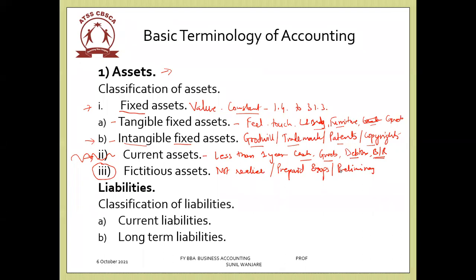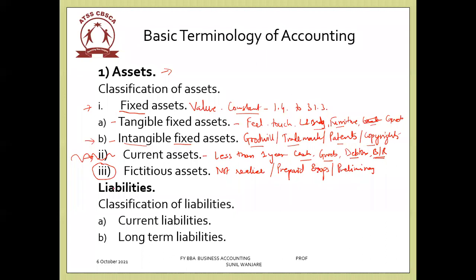Or insurance claim. If you have taken insurance and something goes wrong in your factory, there is a theft or fire, or there's a flood, water coming in where you have lost your goods and incurred financial losses, you want to claim from the insurance company. And if the insurance company accepts your claim, that is a fixed asset, because that is only the amount that we're going to get, not the entire money from that. That is fixed assets.